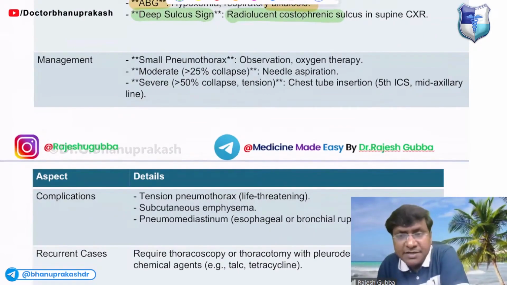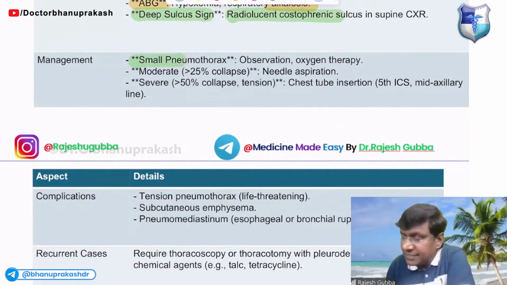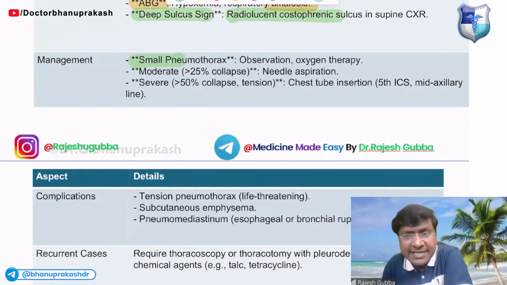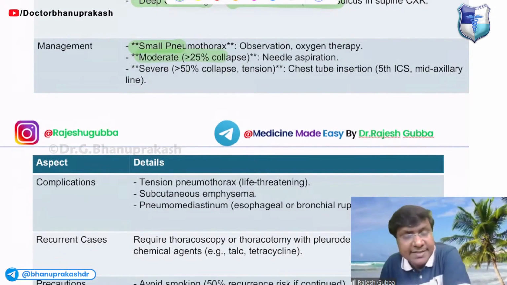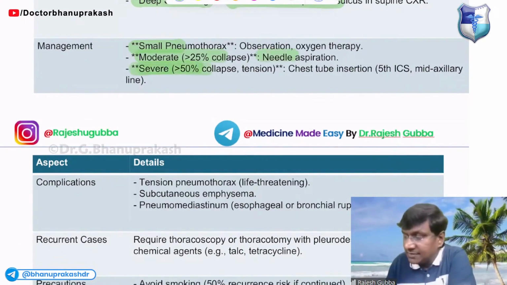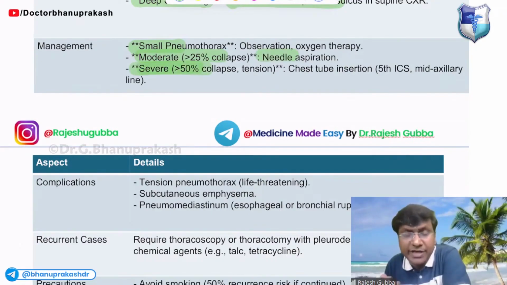Treatment completely depends upon the severity of the pneumothorax. If the individual has a small pneumothorax, just oxygen therapy and observation will be enough. But if the patient has a moderate form of pneumothorax, they will require needle aspiration. And if the individual has a severe form of pneumothorax, where more than 50% of the lung is collapsed,